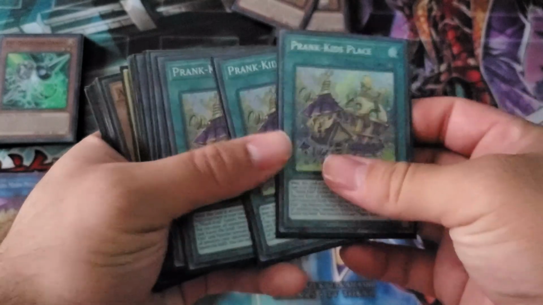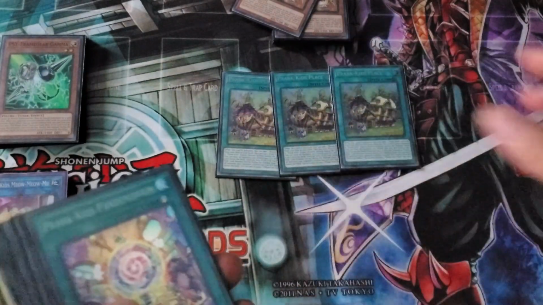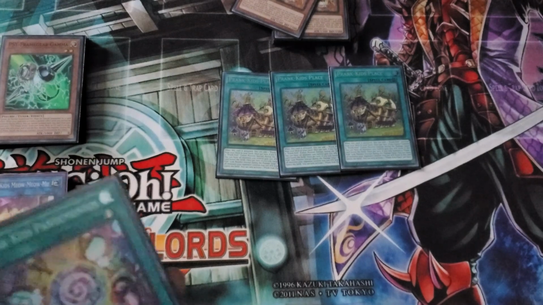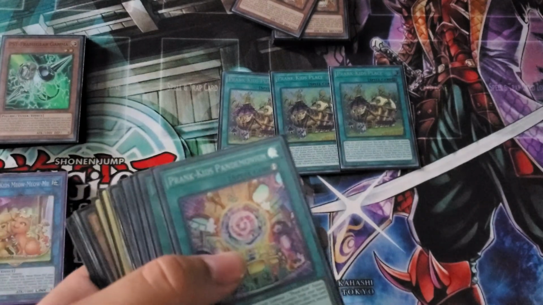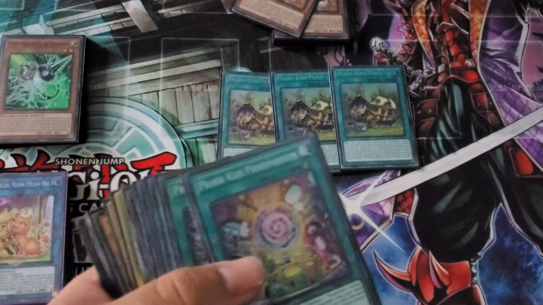From there, we're gonna run 3 Place, and I don't run the Terraforming. Don't really feel like I need it because of Doodle Doo. You can get this to hand if you really need a Place, but you already have 11 names in deck. 3